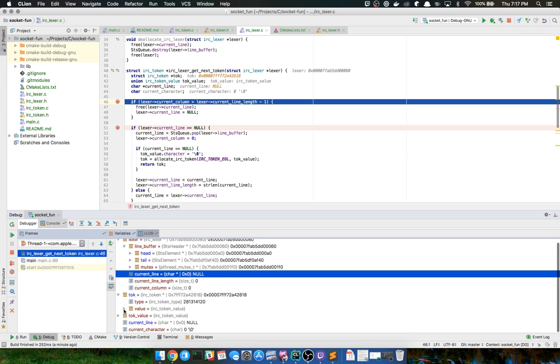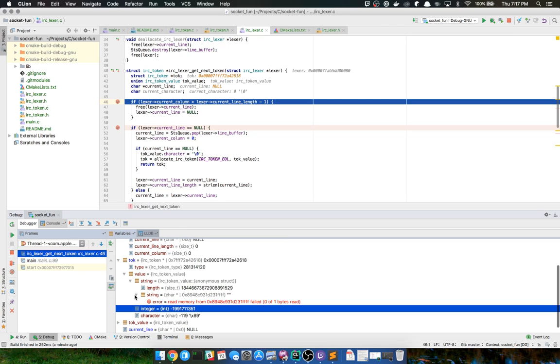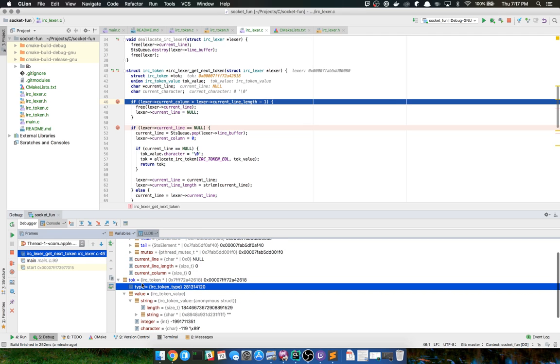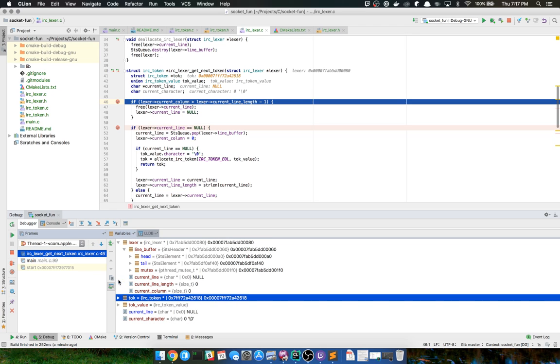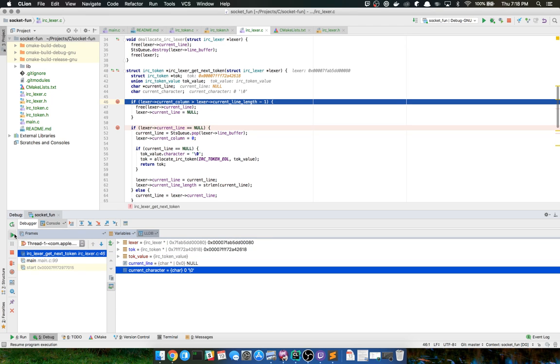Here's a token. Let's see here. Wow. I don't know what type it is. That is not a type I would expect. I think that's the token. No, that can't be the token. Current line.